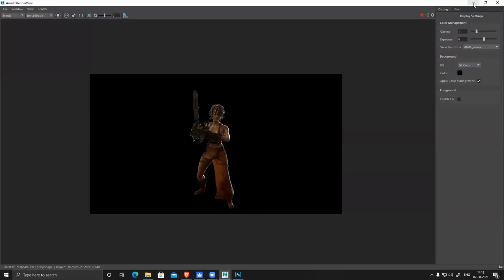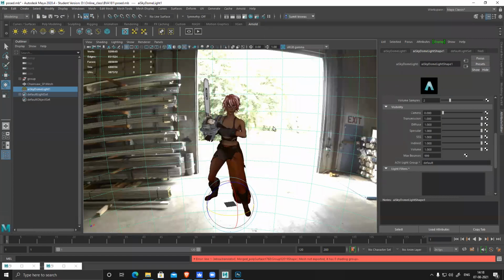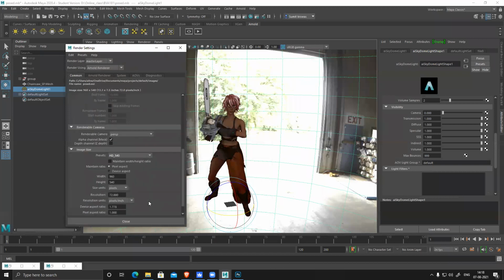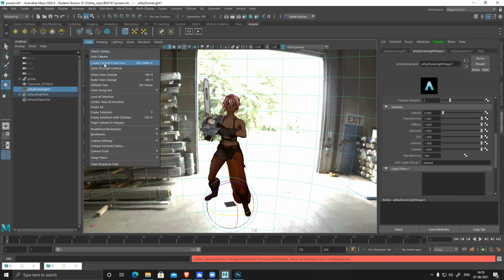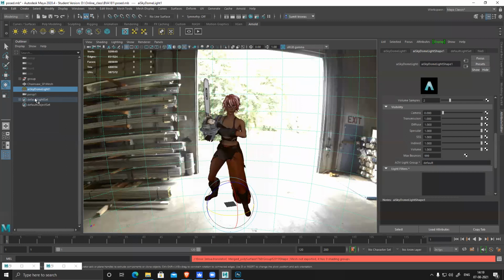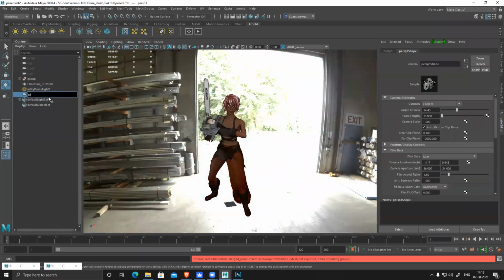And the size of the render is very small, so I need to change that. So camera I can create. As of now, there is no other camera. So let's change it to 2K. And I want to create this into a camera. So what I'll do is click create camera from view. Now I have this render camera, rename it render cam.